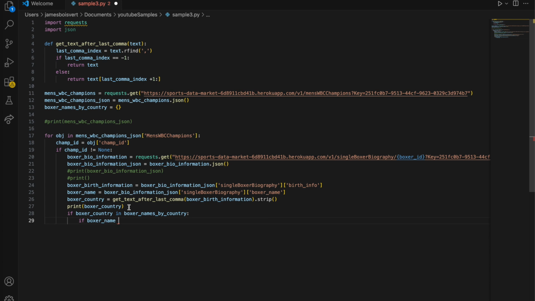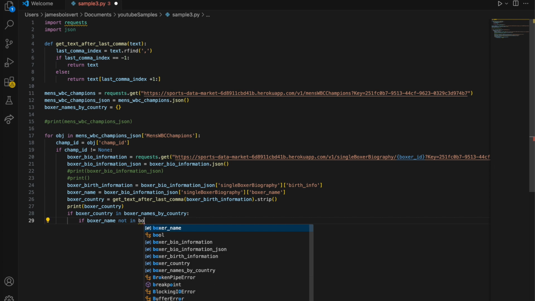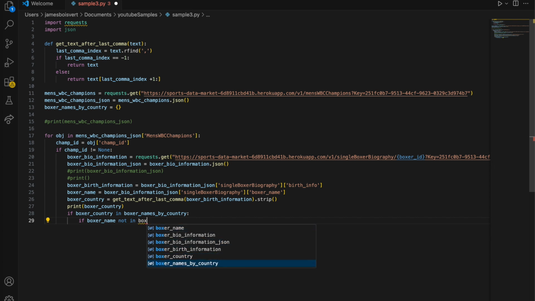The list we get back might have some guy like Manny Pacquiao multiple times over because he might have been a multiple time WBC champ, but he's right from the Philippines, so we want to only add him one time when we're doing this mapping. So the clause I'm going to have here, I'm going to say if our boxer name is not in our map, boxer names by country,